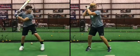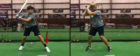And then the last thing is just making sure that you're striding straight. Sometimes you'll cut yourself off, you'll stride in a little bit. But overall, pretty good. We'll get you loaded up a little bit better, pulled back a little bit more. I think it's going to really help you. And then Stanley,